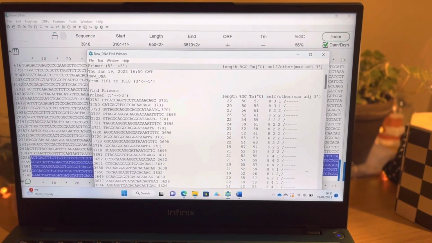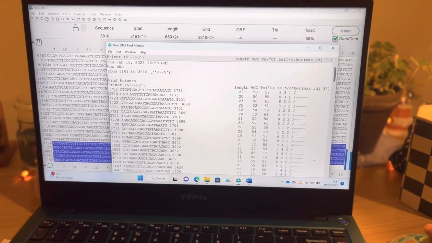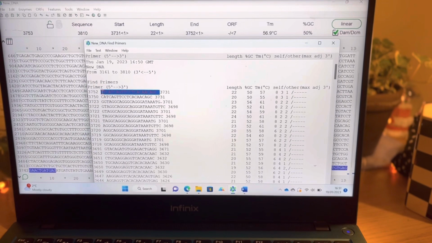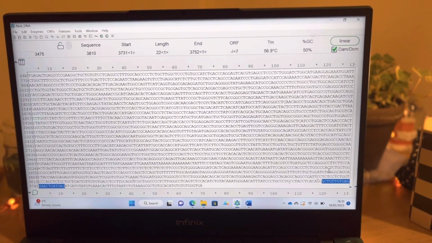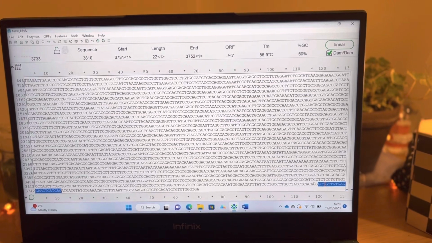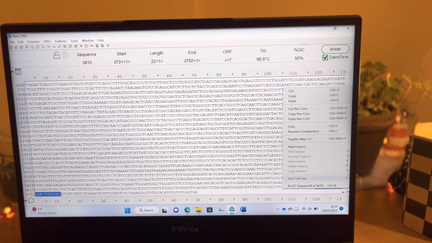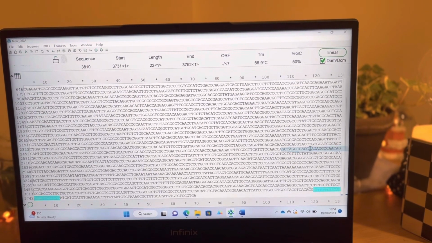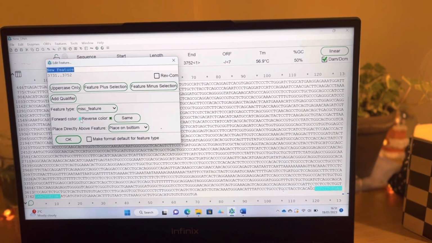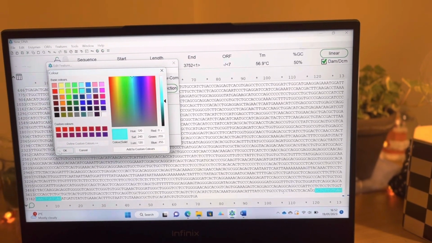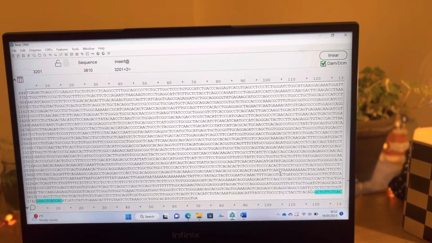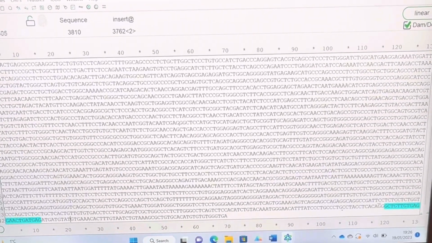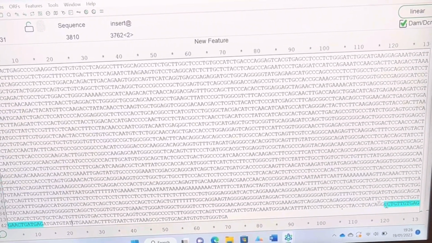So now you've got a different set of primers, as you can see over here. And now for instance, I want to choose this. It's going to highlight that portion of the sequence. So here you go, you right click and then you press on new feature, and then you choose a color of your choice. I will choose this one, say OK, and this region is completely highlighted now. You have this sequence which you have highlighted. Copy that highlighted sequence,